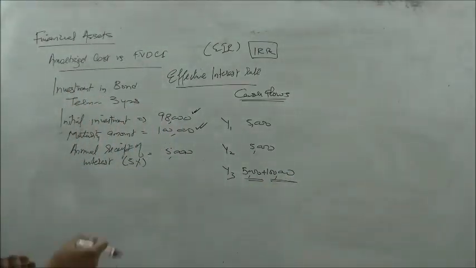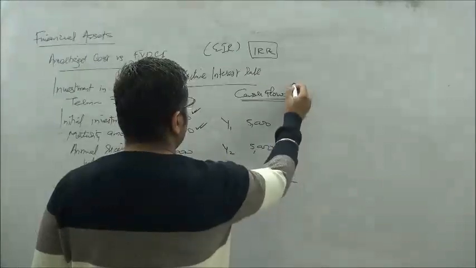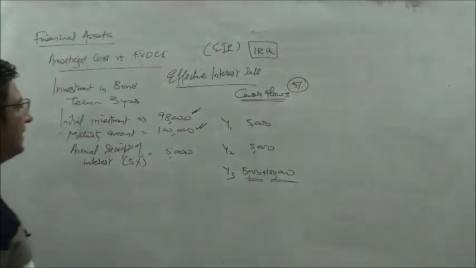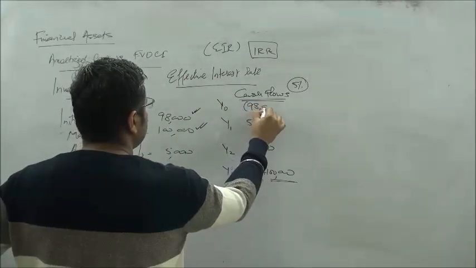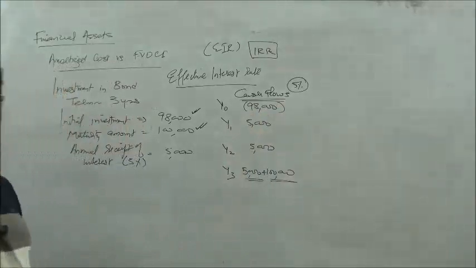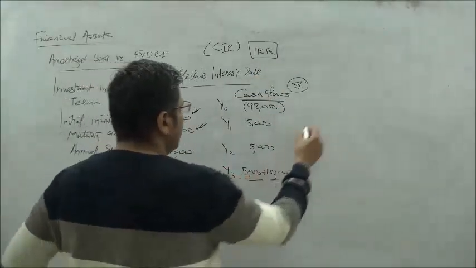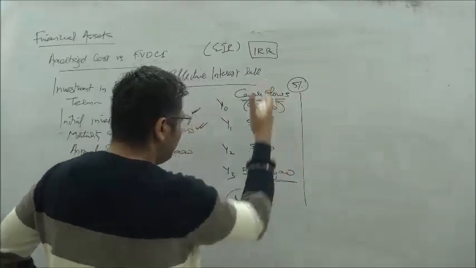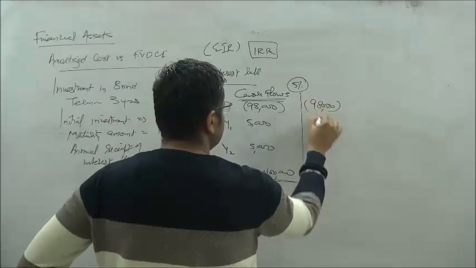So when I have this particular figure in front of me, let me use a discount rate of 5% here, and at year 0, my outflow, which is my initial investment, is 98,000, right? So at a discount rate of 5%, the present value of these cash flows should be 98,000 as it is,